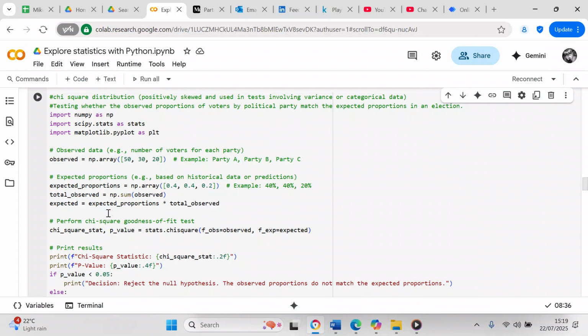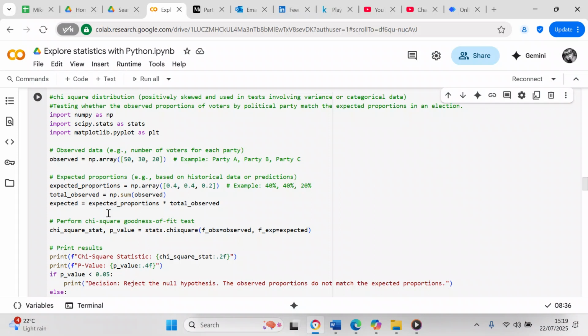The predicted proportions are going to be, for example, 40%, 40%, and 20%. So the expected proportions are a NumPy array of a list of 0.4, 0.4, 0.2, to give you 40%, 40%,